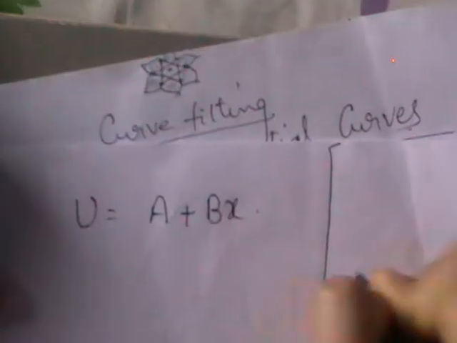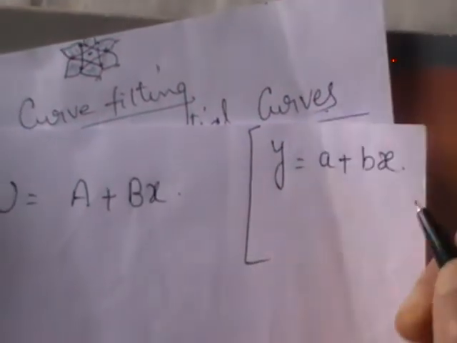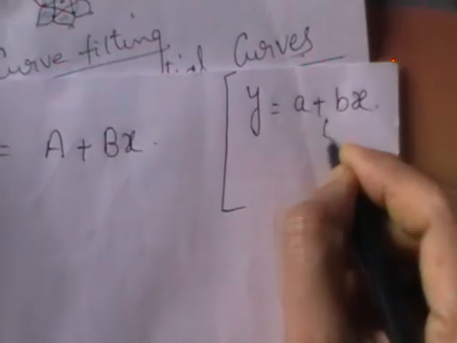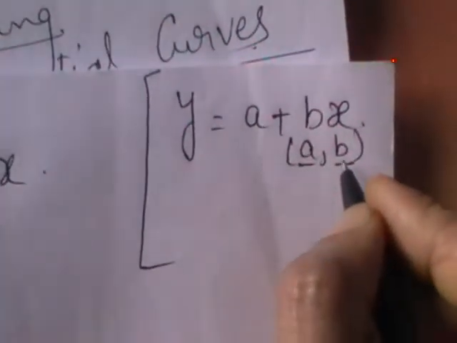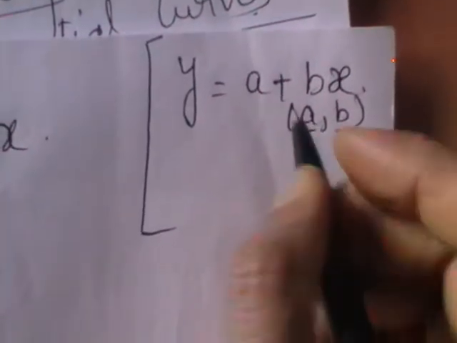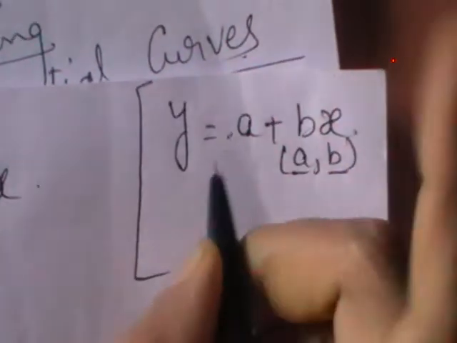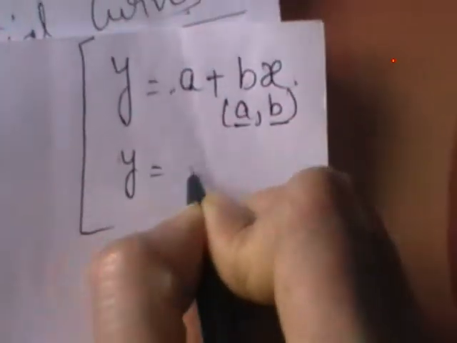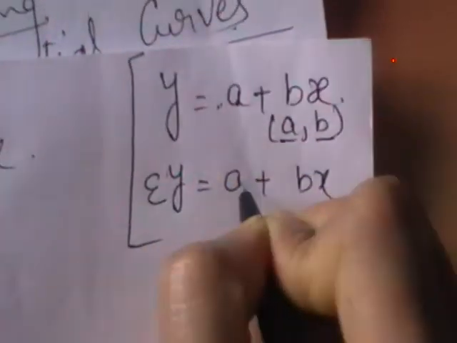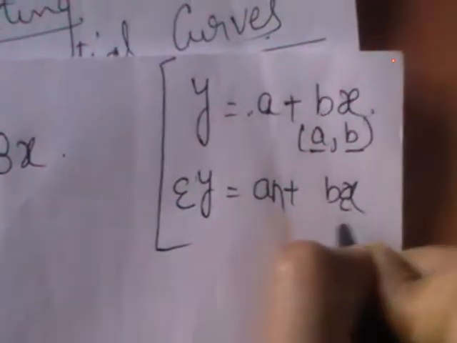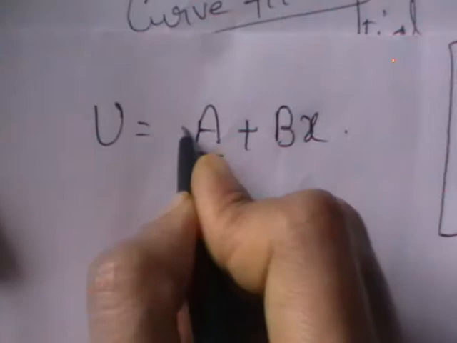Listen girls, in the previous one I said, if this is the straight line form to be fitted by using PLI, how many normal equations will you get? With respect to the two constants a comma b, you will get two normal equations. I said how to write the normal equations for these two. Check the coefficient of a. Its coefficient is 1, so the equation itself becomes the equation. Now you take the summation for this: sigma yi equals n a plus b sigma xi, using the same logic for a. What is the coefficient of a here?